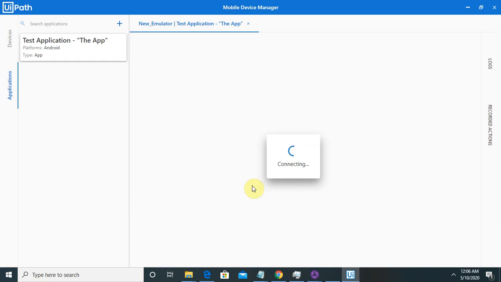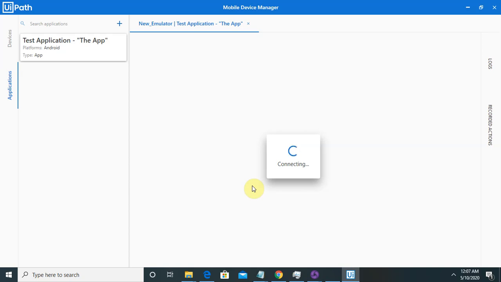Once you click OK or allow the permission, that device's home screen will be available in the mobile device manager of UiPath.